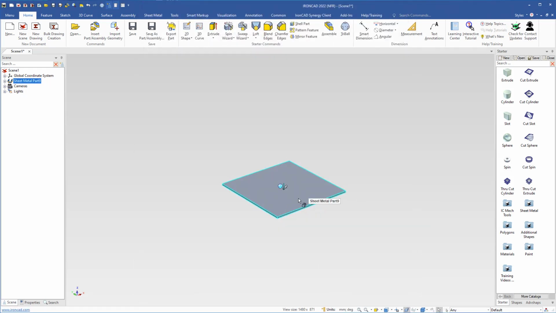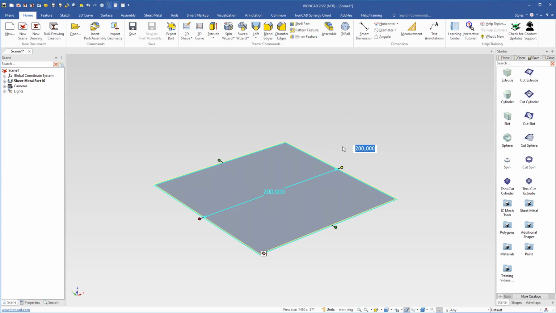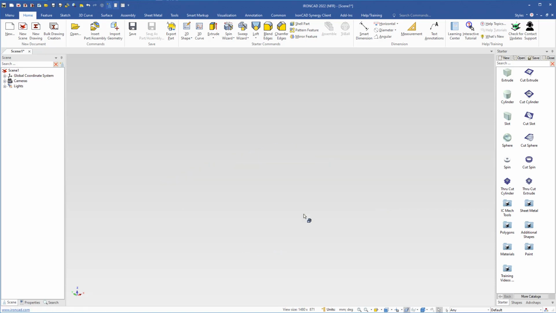So now I select this stock here, delete it. Then I left drag and drop the group here. Select the stock, and the dialog box will not open, and I have my new default stock and the size 200 by 200. So if I now select again or delete it and right drag the sheet metal group and